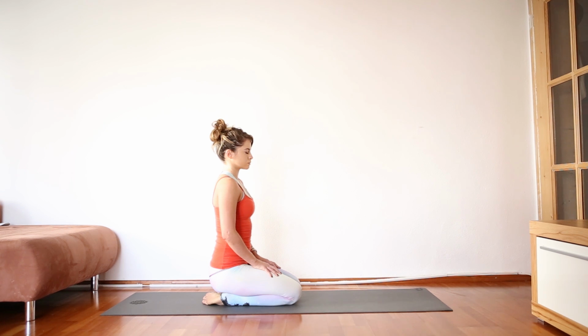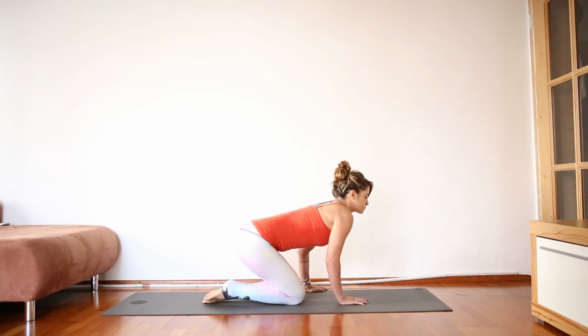Take a moment to scan your body from your head to your toes, just to check in and see how you feel, where in your body you need to pay particular attention. On your next inhale,